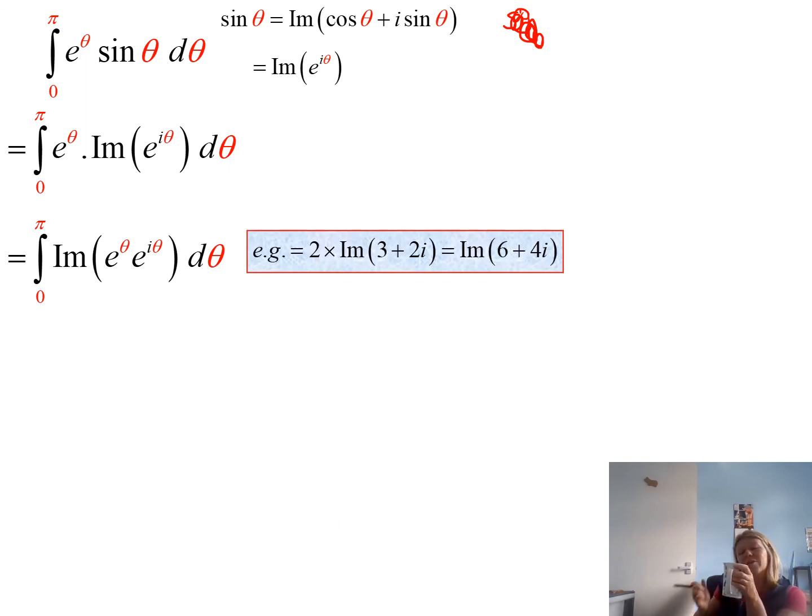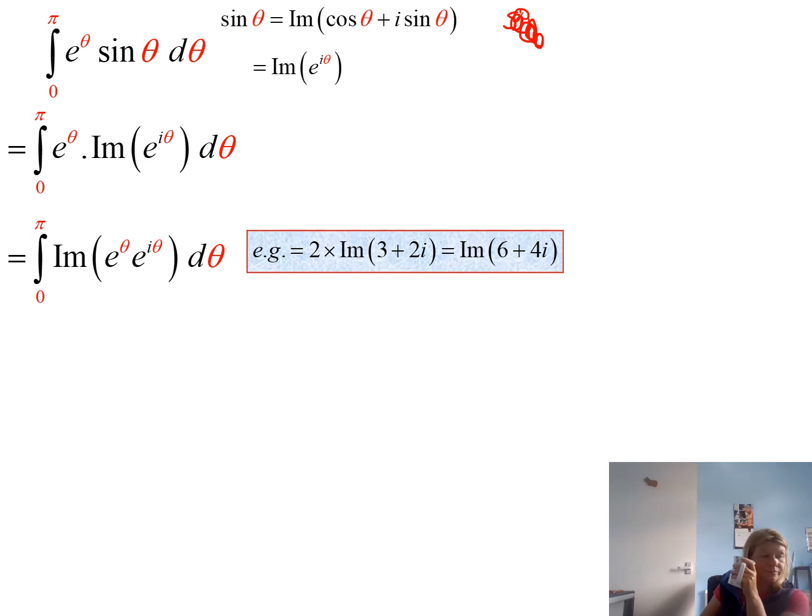That's meant to be a helpful hint. Basically, it's trying to say to you here, if you had an imaginary of 6 plus 4i, you could take out a factor of 2 and write it like that. So here we're going to take out a factor of,